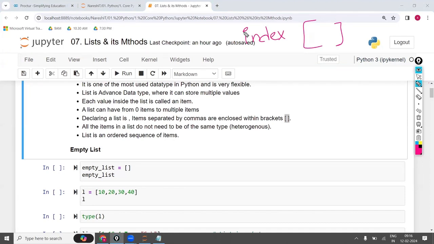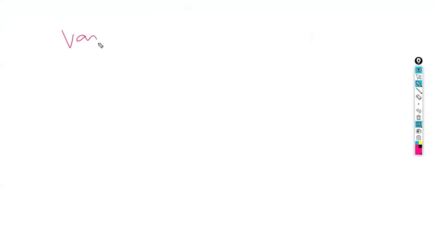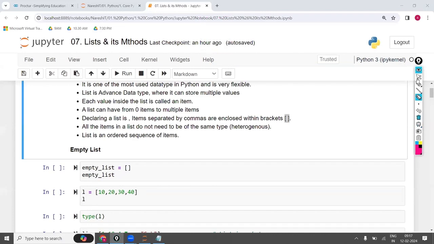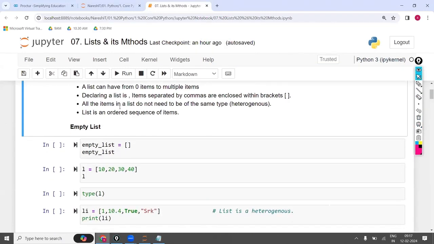Then how does Python know? When it is an index, first you write the variable name, and after the variable name you use the square bracket immediately, then it is an index. If there is no variable name before it and you are writing only the square bracket, then it is not considered an index, it is considered a list. Whether a variable name is there before the square bracket or not is important. Let us see multiple examples. Don't get confused.